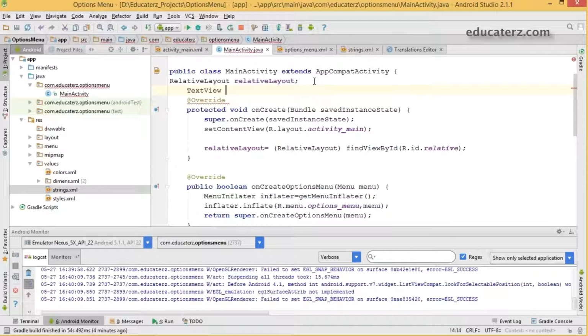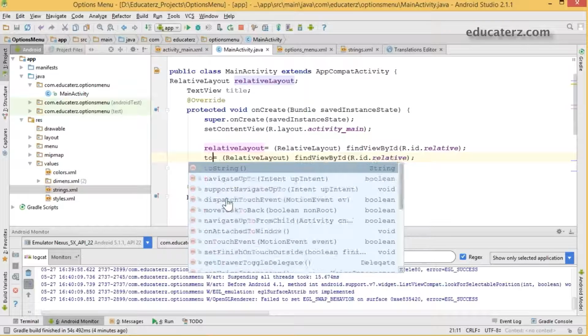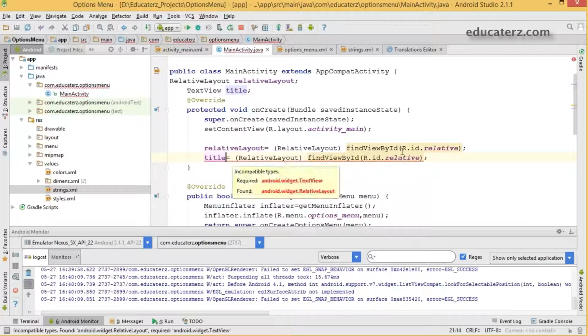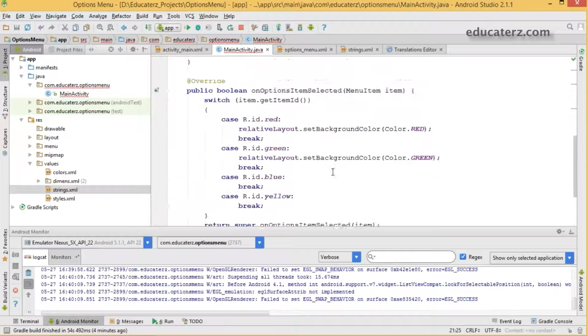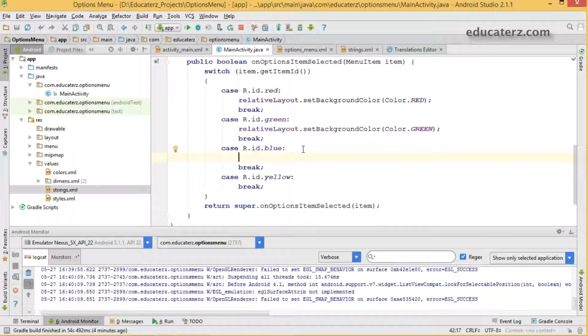TextView, I'll say title, and load it using the findViewById method. The ID is also title, which I have given. Save this, and the type is actually TextView, so you must typecast it.